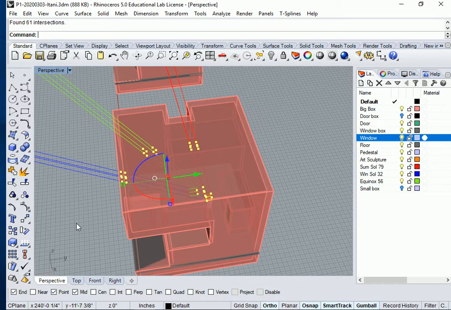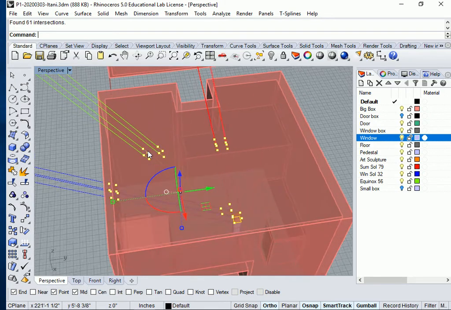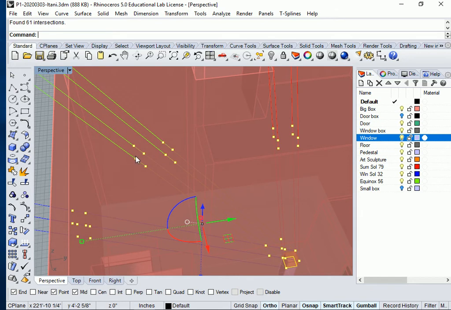Okay. I want to know where the intersections of those sun lines are as they hit the box. And then when I use the command intersect and then select the two objects that I want to identify their intersection, it gives me these little intersection indicators. Okay? Once you have this done, okay,